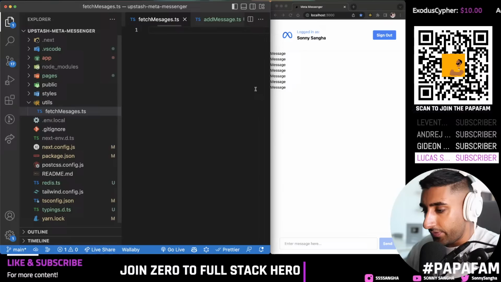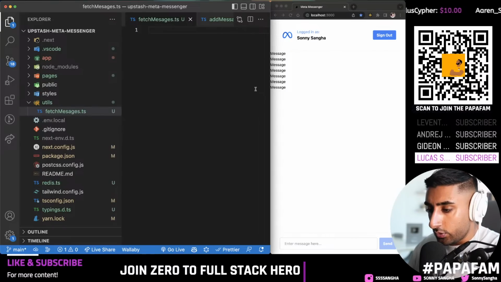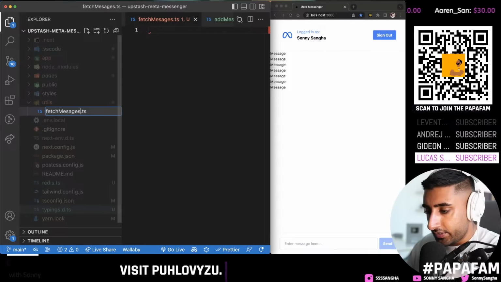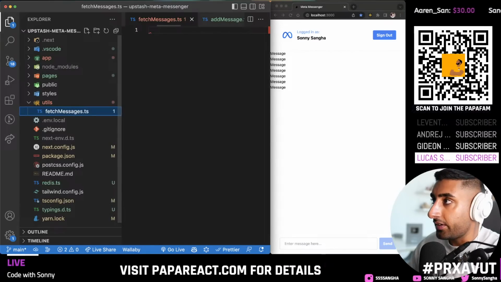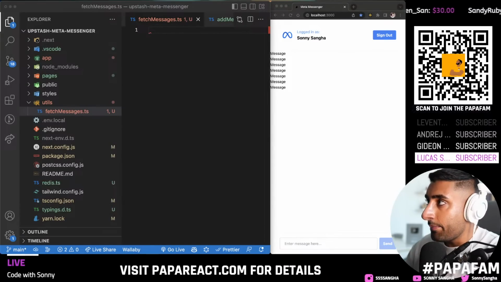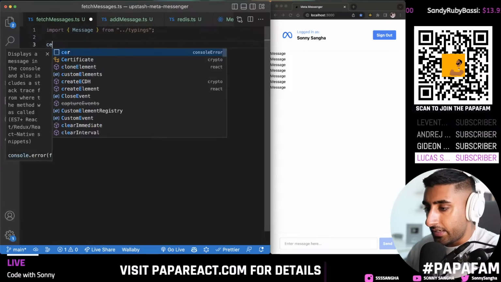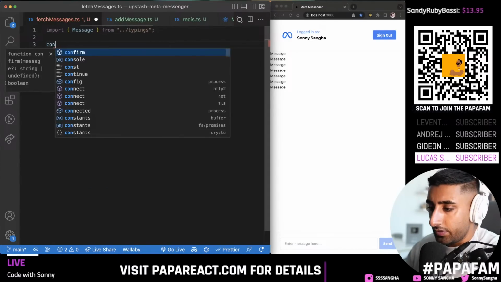So we're going to create a TypeScript file, right? And then inside of here, oh no, don't do that. Type it correctly. Rename messages. OCD is kicking in. Messages. There we go. Nice. And then what we're going to do is we're going to import our type definitions like so. And we're going to make a function. So we're going to say export. Actually, we'll do it after. We'll say const